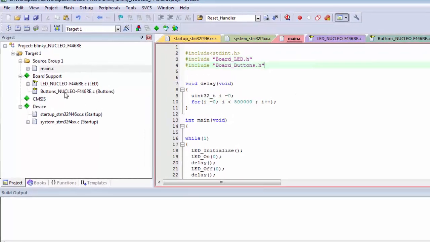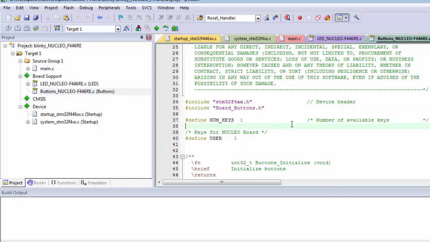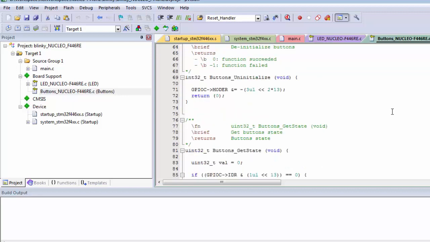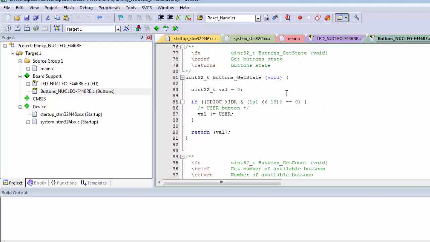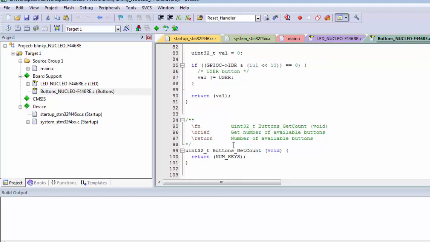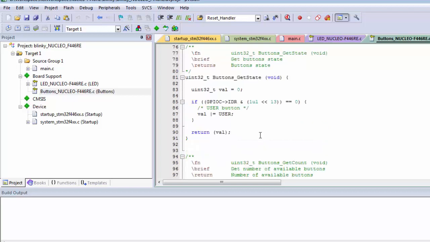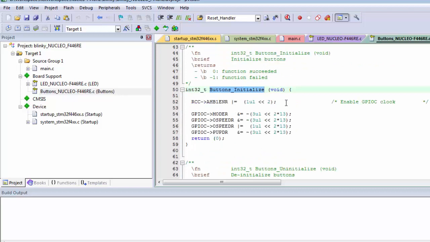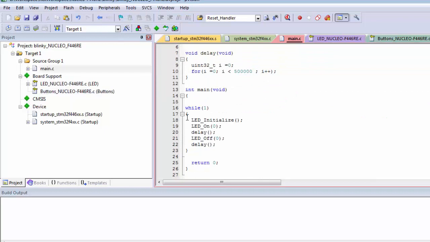Now again go to your board buttons.c and see what functions it gives you. This exposes buttons initialize, buttons uninitialize, button get state, that means read the state of the button, and buttons get count. So now what we do is we'll just copy this initialize. It's a function with no argument. So let's go to main.c and after LED initialization I would like to do, oh, here we have done something